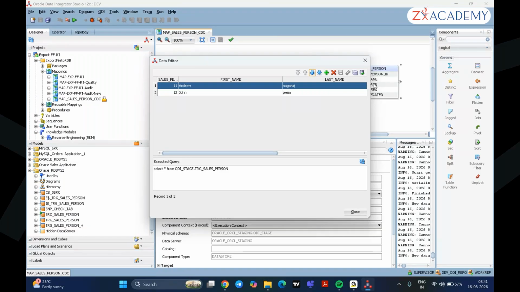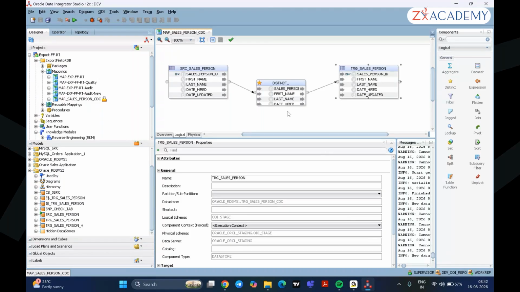Like that, if you implement like this, by that incremental loading time, it is not going to process all the records. Only the changed records will be loaded into the target. How? With the help of the journal table and the view that is created, records are going to be taken into the